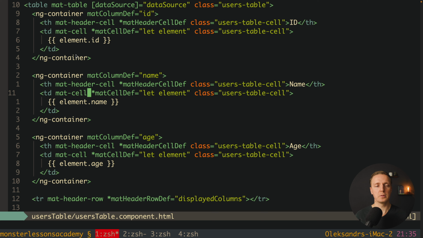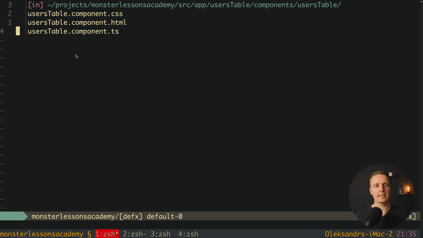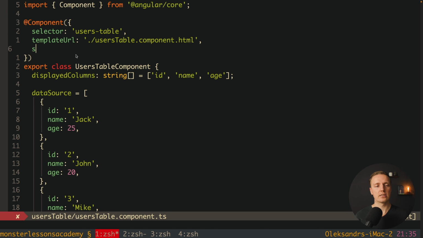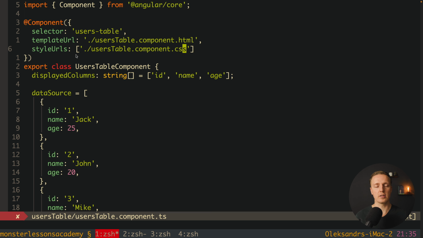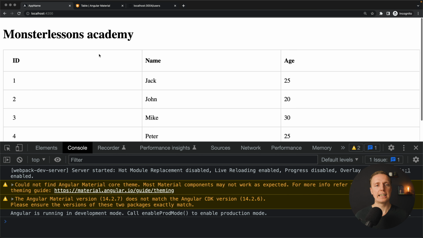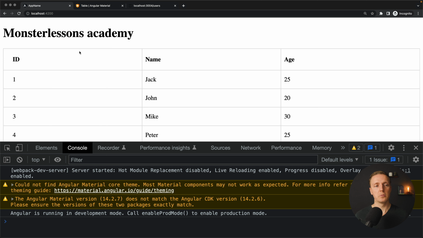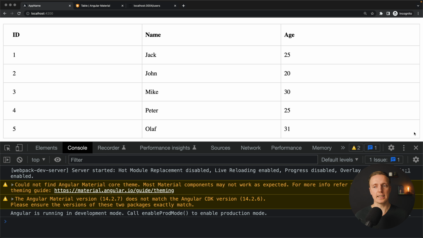And the last thing that we need to do is bind the CSS inside our TS file. So here let's provide our style URLs, and inside we're just injecting our users table component CSS. Let's check if it's working. I will reload the page and now it is looking much better. We have a normal full screen table with headline, ID, name and age, and we see all our cells which